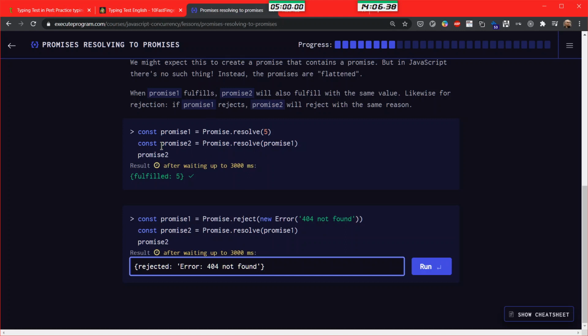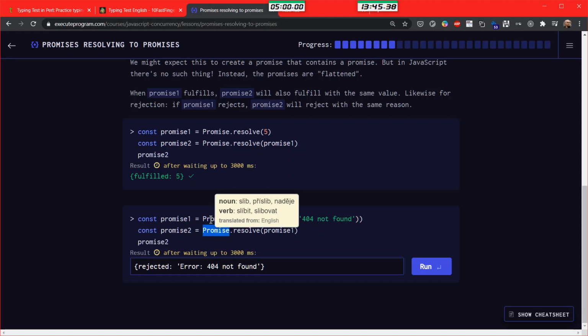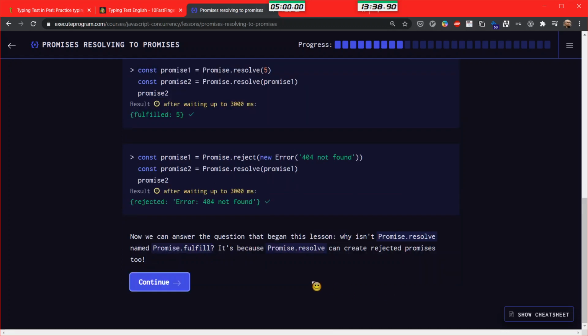So it will just bubble up to promise 2, I guess, and when I have to reject, it takes what is in there and puts it in promise 2. Okay, and also look that we are accessing the object. It would be called a class in other languages. This would be like prototype maybe? I don't know. It's big P.